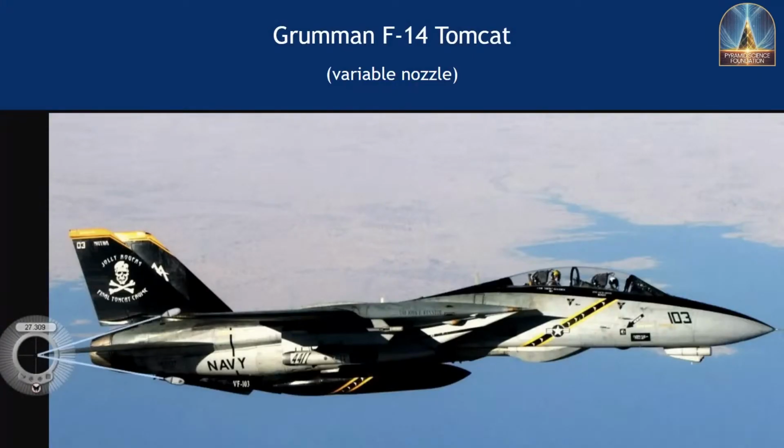Now, here are some what are called variable nozzles. You're going to see these not on commercial airplanes so much. It's almost exclusively in military aircraft that need to be able to accelerate rapidly, either to take off from very short runways or for other reasons. But you're going to see here that this golden ratio scaling geometry is seen in the